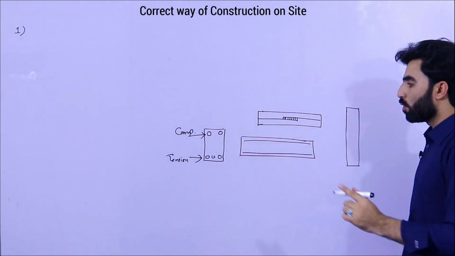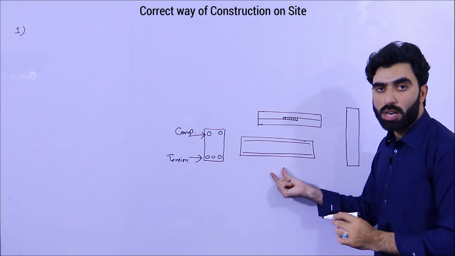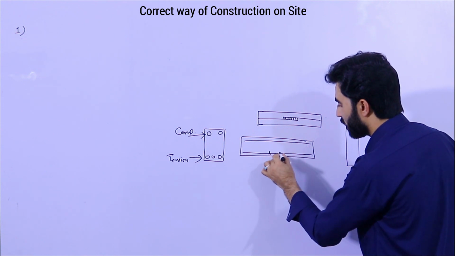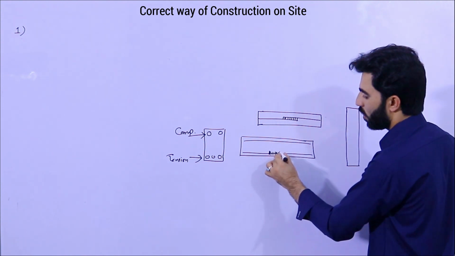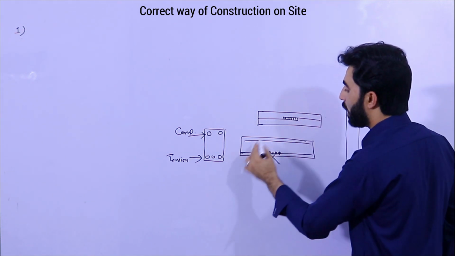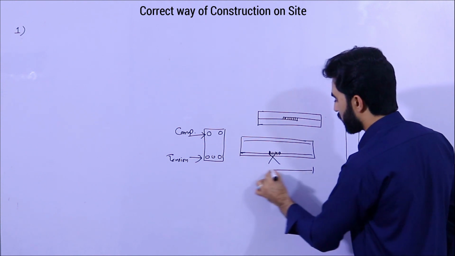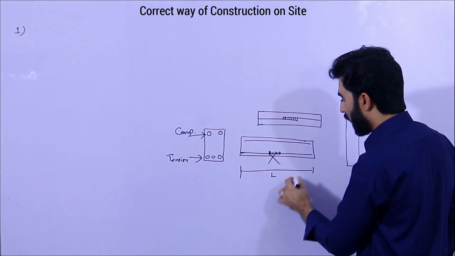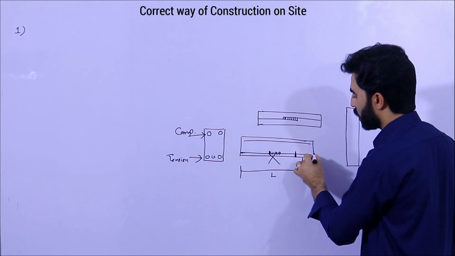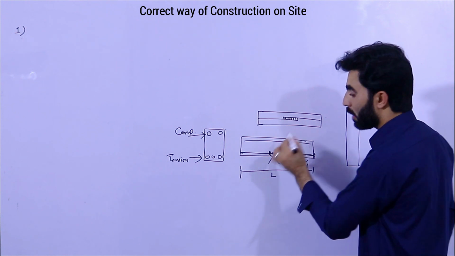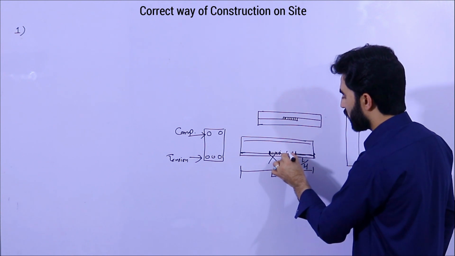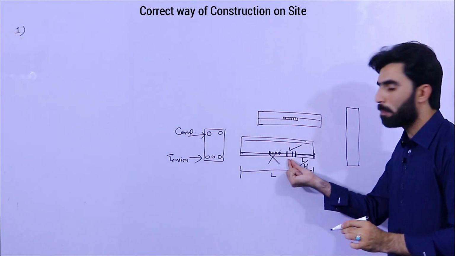So the lapping of the bottom steel rods should not be provided at the mid. If you provide it at the mid like this, this is wrong. The lapping should be provided after L/4 distance. As you can see, guys, this is the length, so L divided by 4. From here to this point, you cannot provide the lapping. Also at the mid you can't provide the lapping, but after L/4 you can provide it at this place. So this is the correct way to provide the lapping.